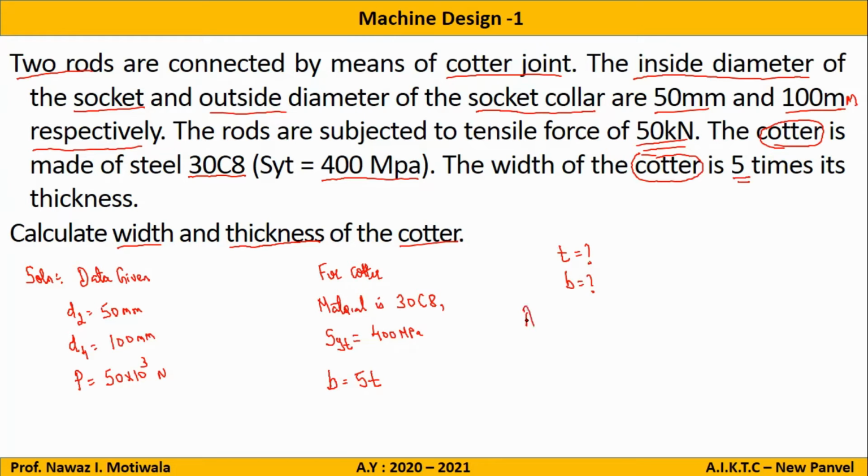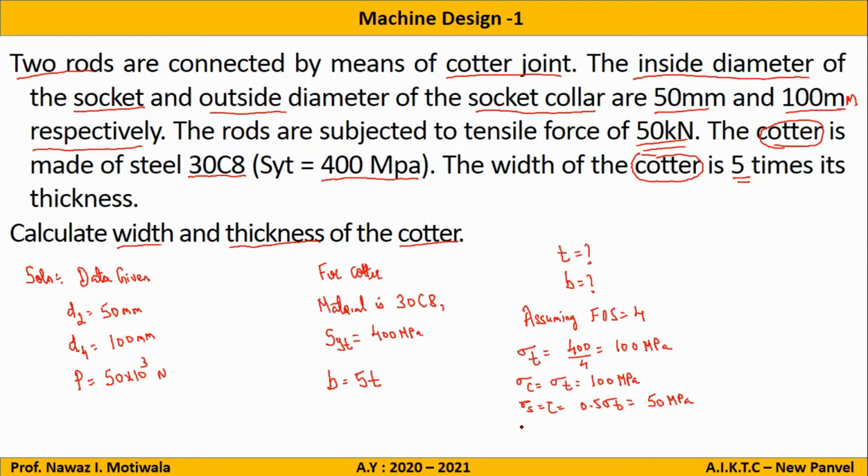So in solution, first I will write assuming FOS, that is factor of safety, as 4. So what I will get? I will get sigma T allowable as 400 divided by 4, which is equal to 100 MPa or Newton per mm square. Once I got sigma T, I can directly find out sigma C. Sigma C is equal to sigma T as per our regular procedure, 100 MPa. Then we find out sigma S, that is shearing stress. You can also name it as tau, which is 0.5 times sigma T. So it will be coming out to be 50 MPa.